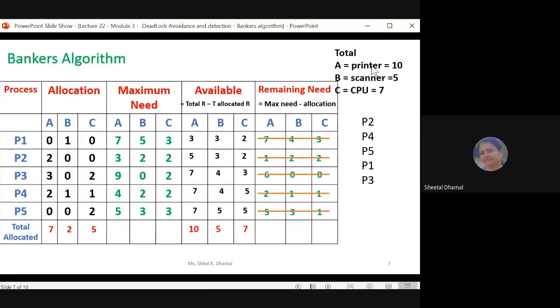So here you can check that number of total resources available in the system are 10 5 7. एंड अभी सब प्रोसेस एग्जीक्यूट होने के बाद हमारे पास कितने प्रिंटर्स हैं, 10 प्रिंटर्स, 5 स्कैनर एंड 7 सीपीयू। तो ये नंबर ऑफ अवेलेबल रिसोर्सेज दैट आर इक्वल टू टोटल नंबर ऑफ रिसोर्सेज अवेलेबल इन द सिस्टम। तो यहाँ पे ये वैल्यूज मैच हो गईं, इसका मतलब है कि हमारा सिस्टम सेफ स्टेट में है एंड हियर वी कैन स्टॉप।